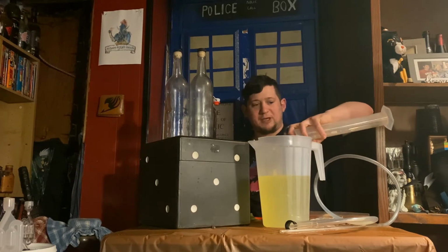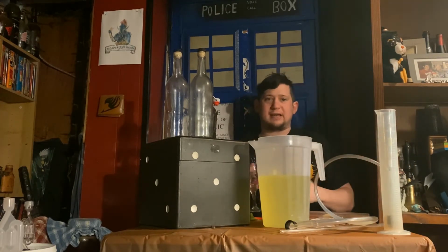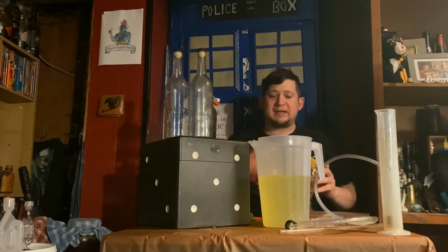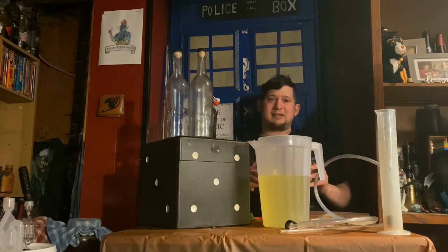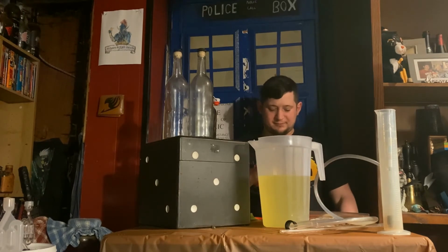Now you carefully want to pour it back in. I know we were just stirring it, letting all these gases out, but now that there's not a whole lot of gas left in here, I don't want this to get oxygenated. I don't want this to be that exposed to the elements. But first,